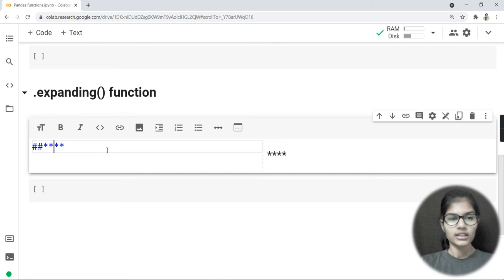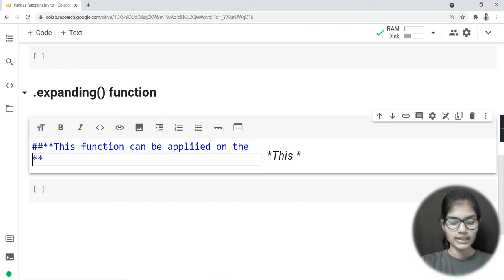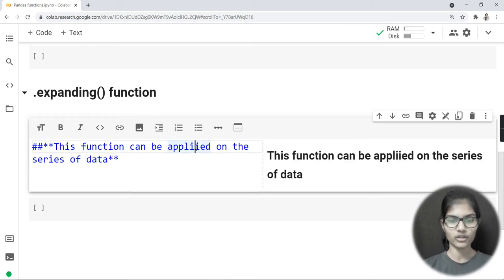Now, the first line is the same: this type of function is also applied on a series of data only. So this function can be applied on the series of data.